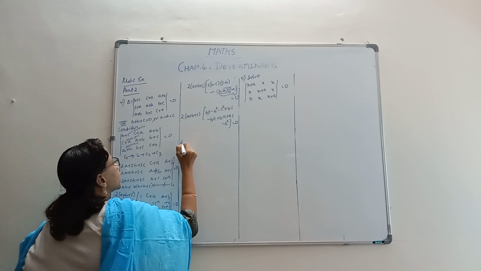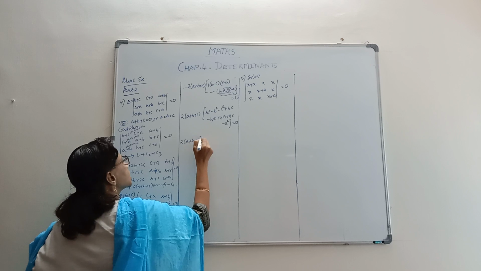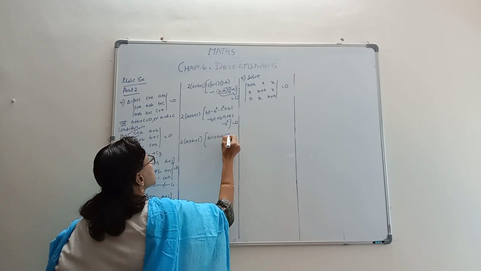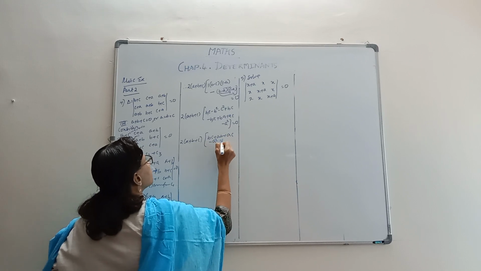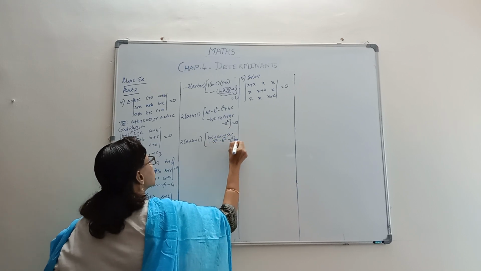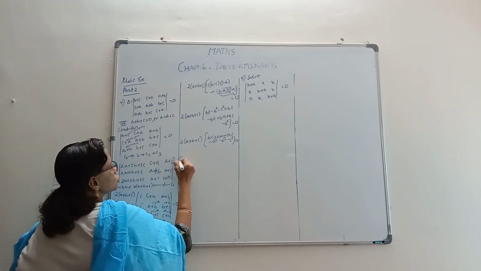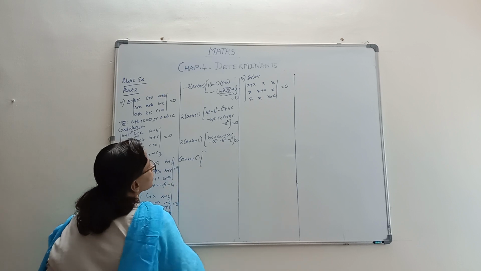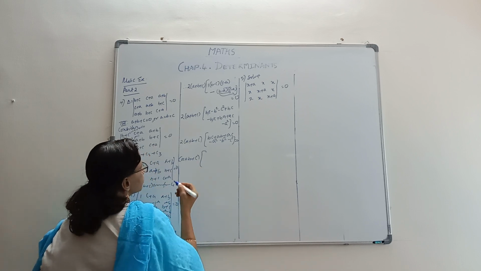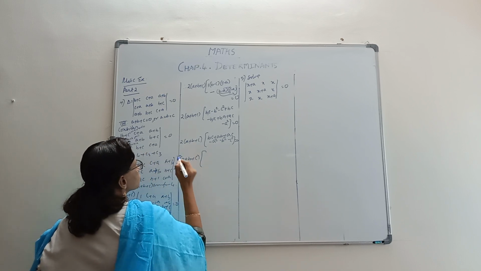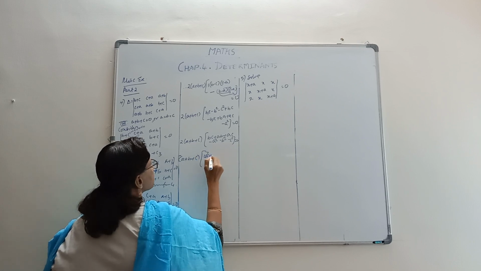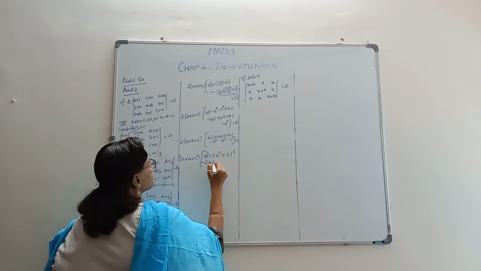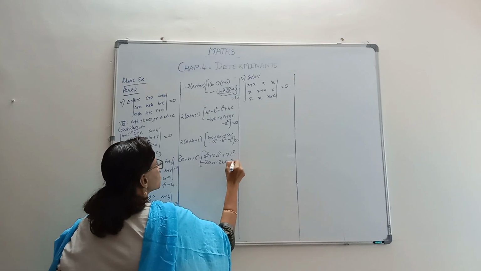So you have 2 times a plus b plus c times bc plus ab plus ac minus a squared minus b squared minus c squared equal to 0. You can bring the 2 inside. So you'll have a plus b plus c times, if you bring the minus out, 2a squared plus 2b squared plus 2c squared minus 2ab minus 2bc minus 2ac.